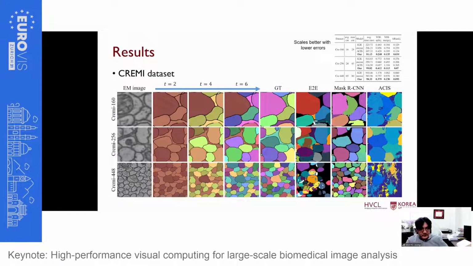So we tried this on the CREMI data set, and what we think is the nice idea here is that the algorithm scales well. Here there are 16 counts of the object, 24 counts of the objects, 65, and this is the average running time. In our case, running time does not increase quite a bit, but for different algorithms, for example, they grow quite a bit. And for example, the asynchronous algorithm cannot even do this for this amount of objects. So in terms of scalability, our algorithm works very well.